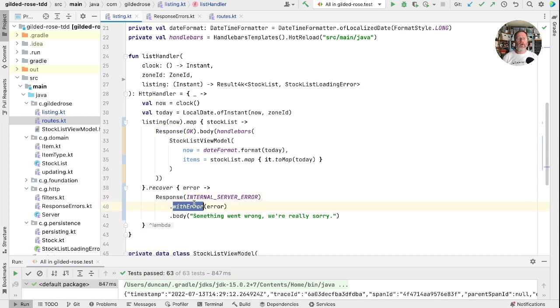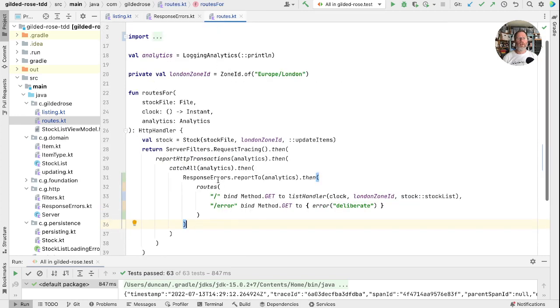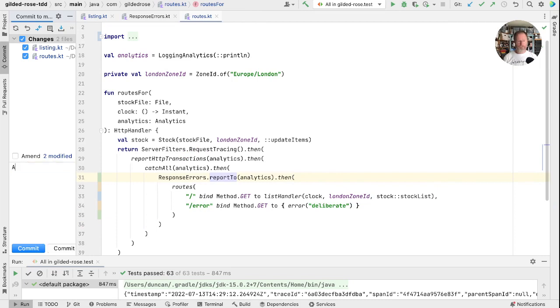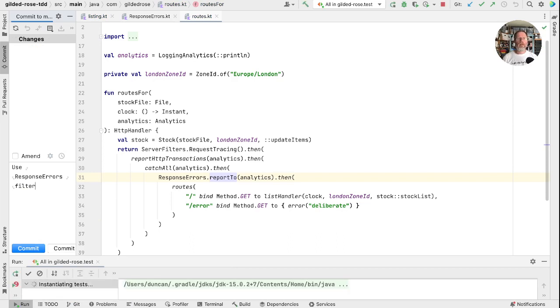They all just have to say with error and know that our infrastructure, the roots here, will look after us. Check that in. So this is use response errors filter. One last run of the test for luck,